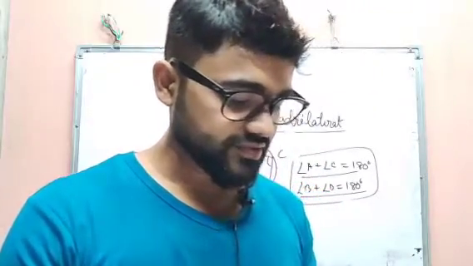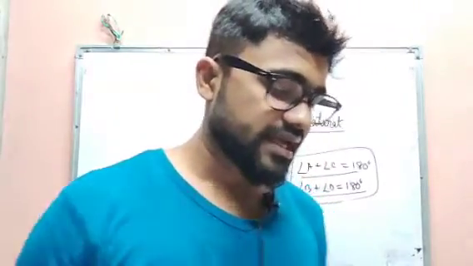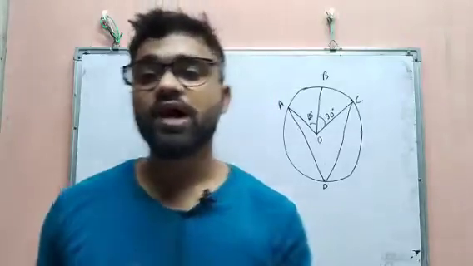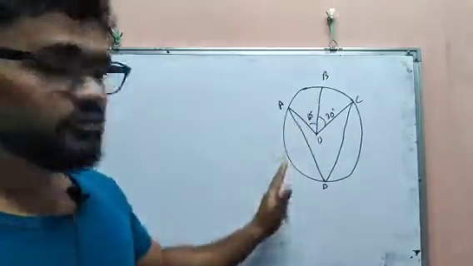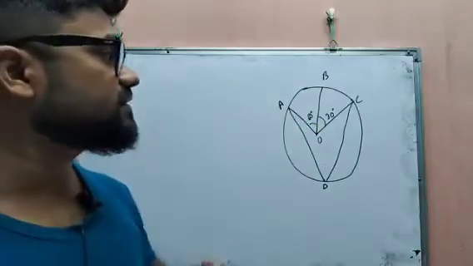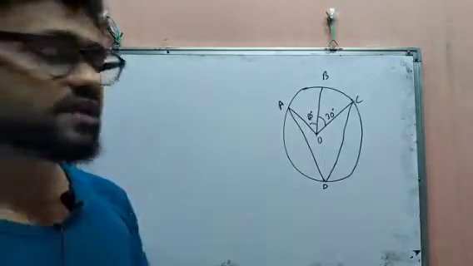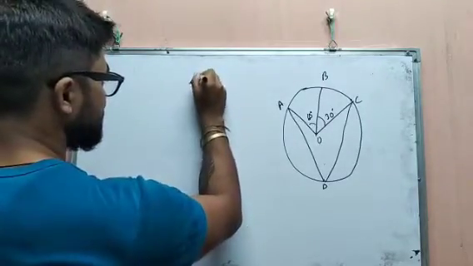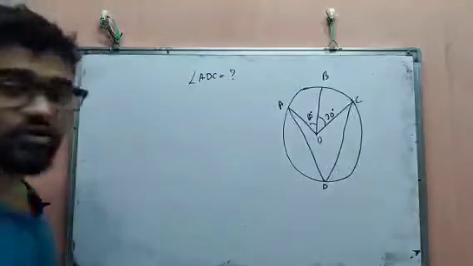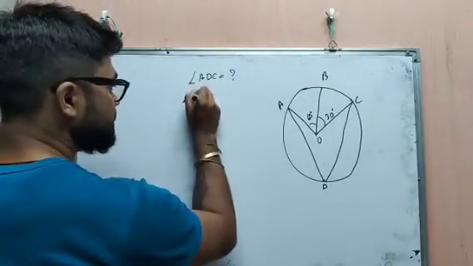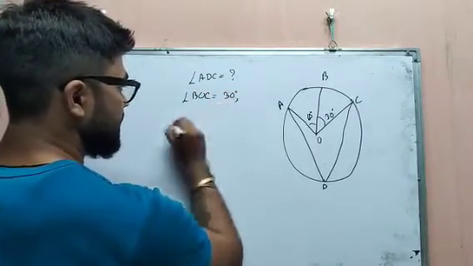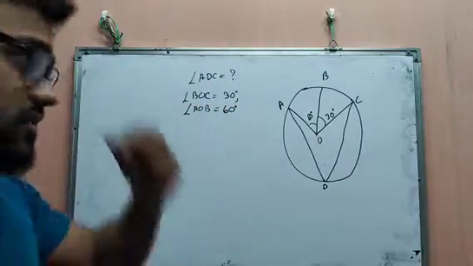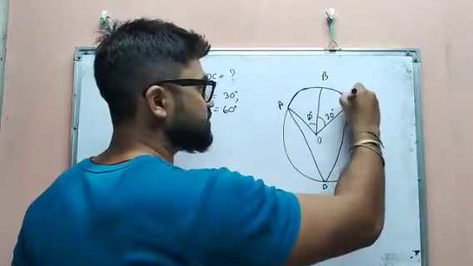Now suppose we have one example like that. In exercise 10.5, question number 1, we are given this diagram. Here angle BOC is given as 30 degrees and angle AOB as 60 degrees, and we are asked to find the value of angle ADC. This is the one we have to find. So clearly you can see on the arc ABC,